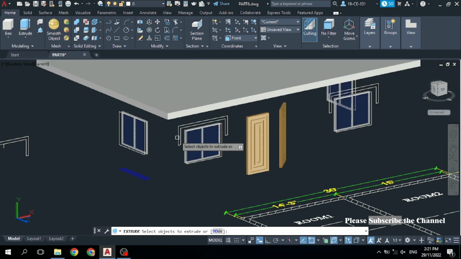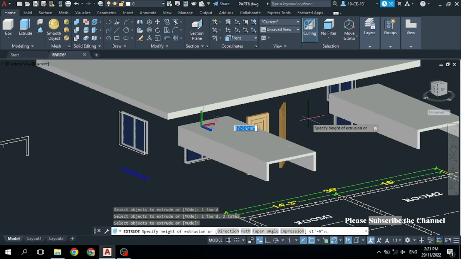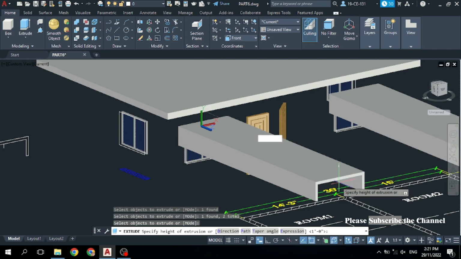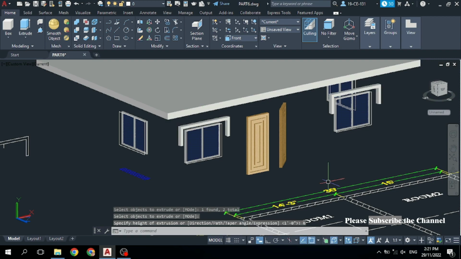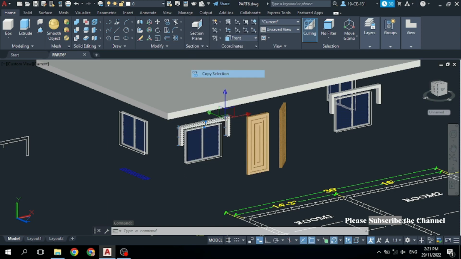You can see this extrude. Select this object and also this object, press enter, and come to this outside. Let's say it should be 6 inches. Type 6 inches and press enter. Now you can see these sunsheets are down here, and after that for these two windows simply copy and paste it on. Simply right click and copy selection